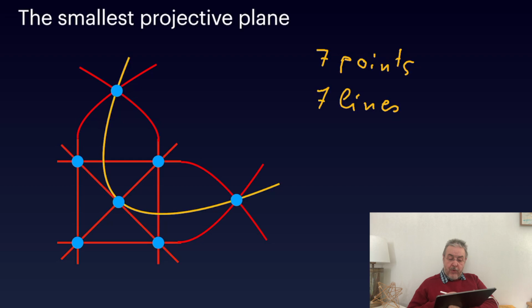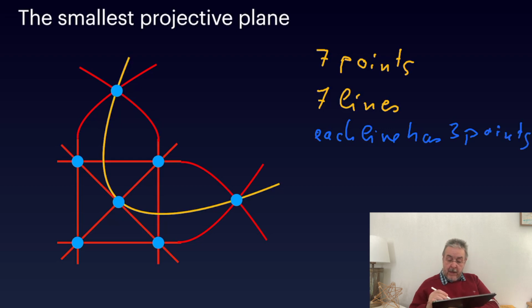And what we also have is that each line contains exactly the same number of points. So each line has 3 incident points,